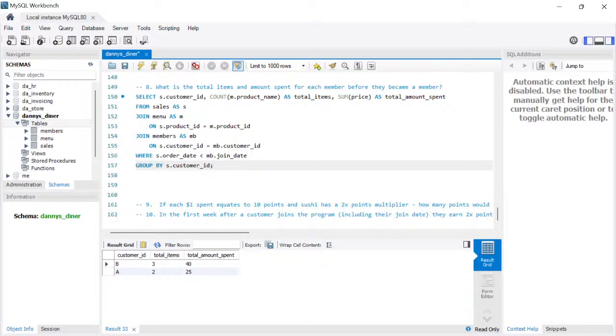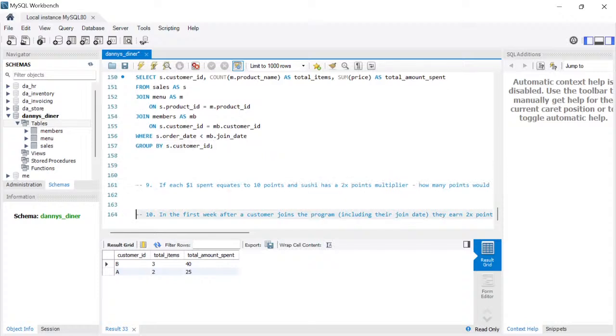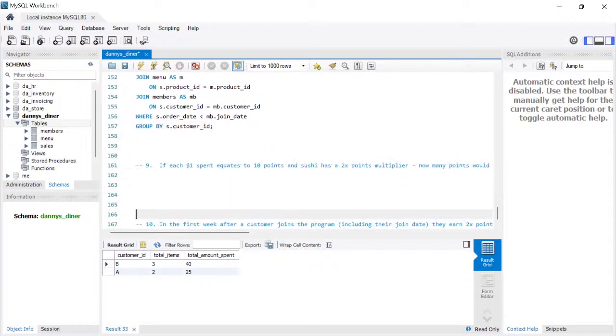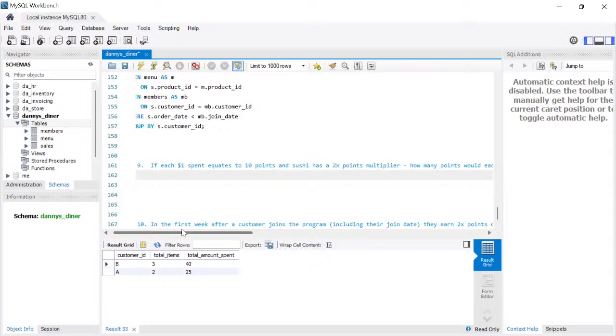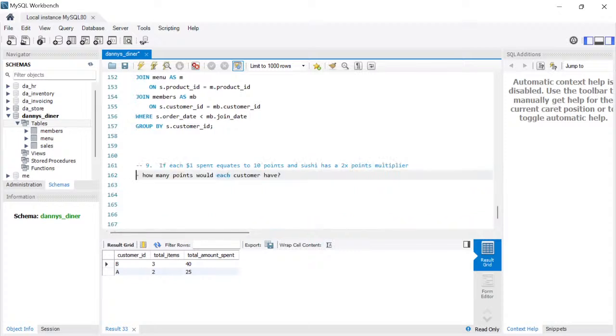So let's look at question 9. Let me just break this down. Let's break question 9 down so that it will be simple for us to see. So it says that if each $1